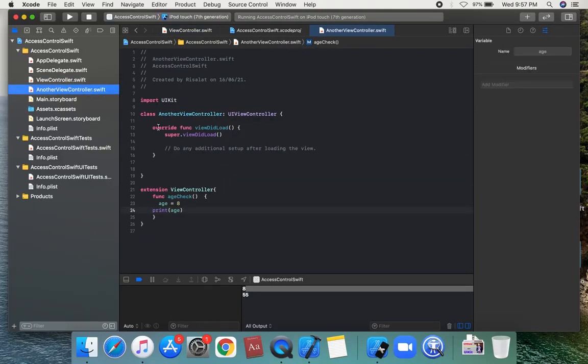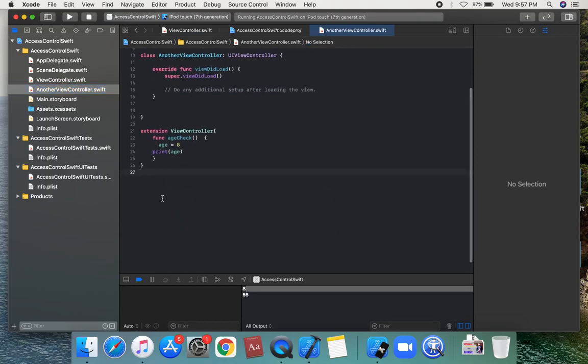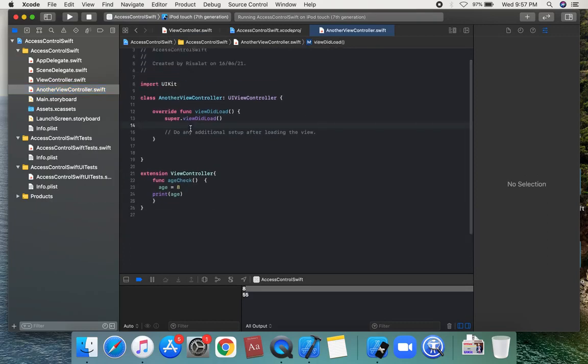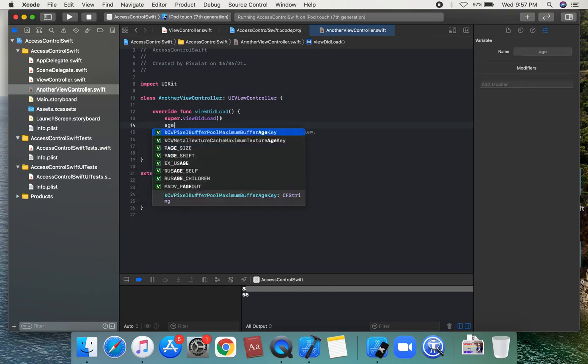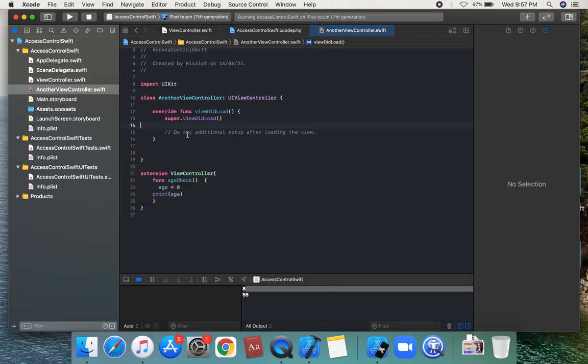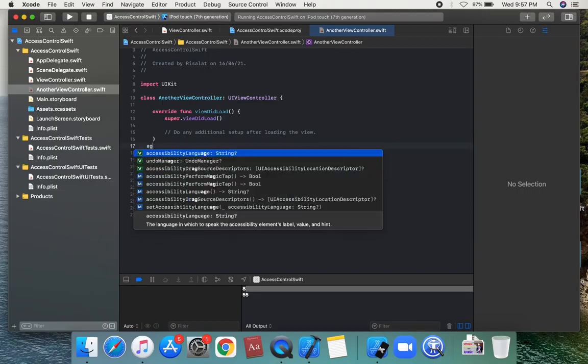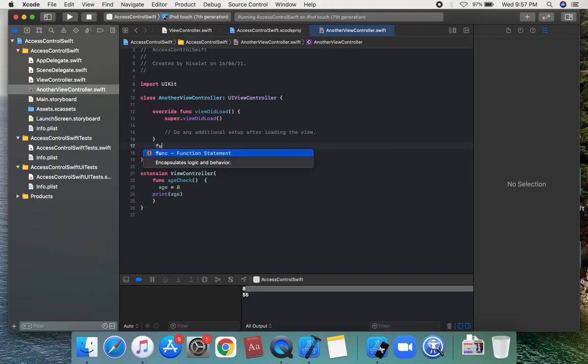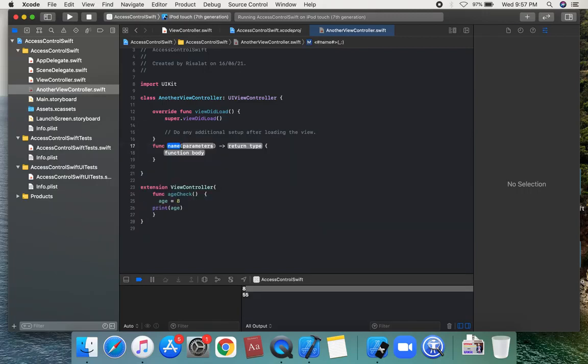This is another view controller, and we can use another view controller and directly access this age. We can use the age function, check age, another function name.